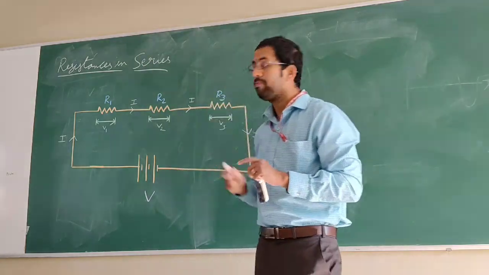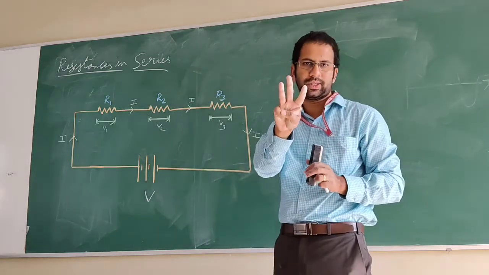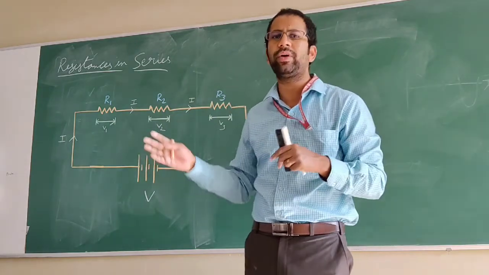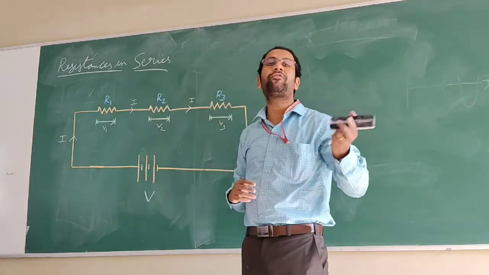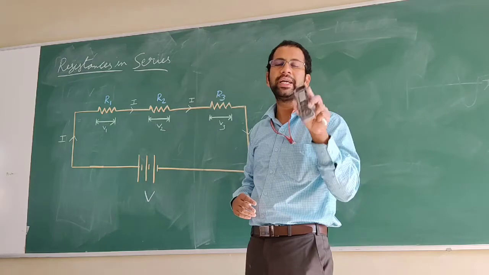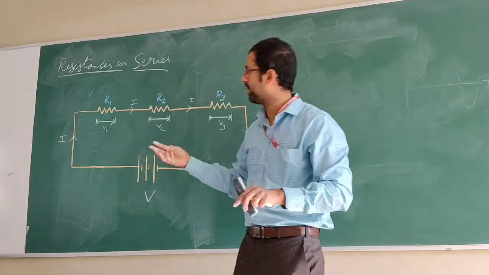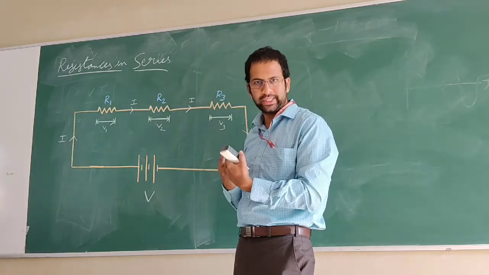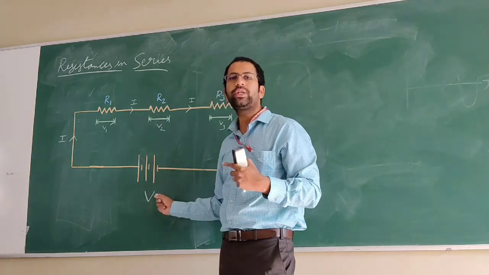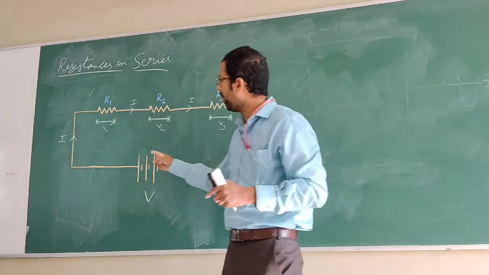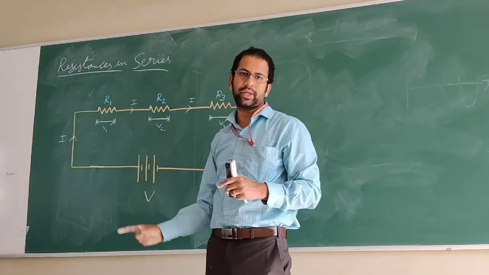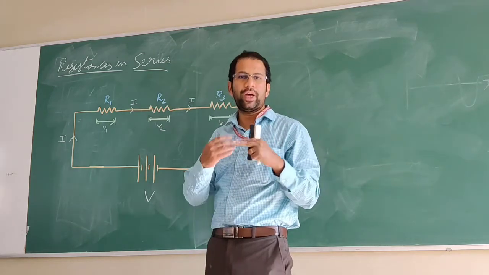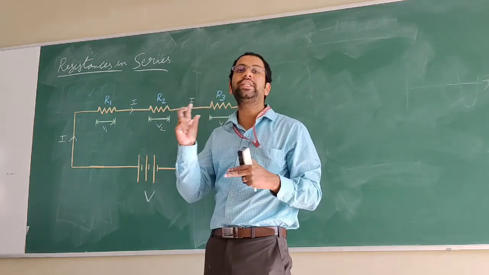Same thing over here. Now, resistors in series: we have three resistors. They can be equal in size or different, anything. We are considering three resistors of different values. Resistance is measured in ohms. Let's say this is 10 ohm, 20 ohm, 50 ohm, anything. They are connected in series and given to a DC voltage source. Now current will flow through this circuit. What we are trying to see is the total resistance and the voltage across each resistor.